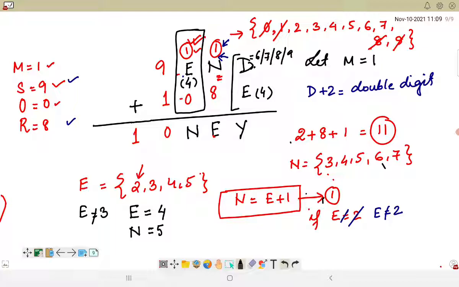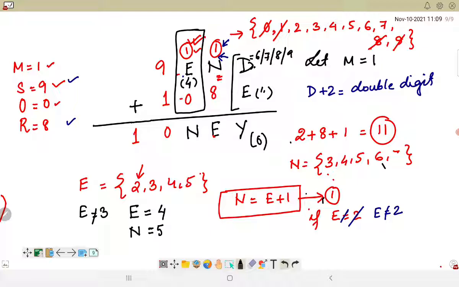If I am considering 7, then also it is not possible because 7 plus 4 is 11. Again 1 comes here. Okay, so this is also not possible. Now what about 6? If I am considering 6, 6 plus 4 is equal to 10, which will bring 0 here, right? So in order to generate this carry, this is also not possible.